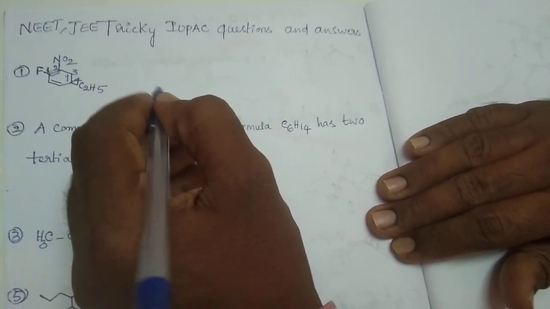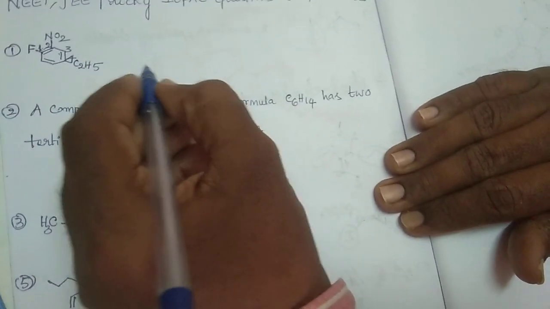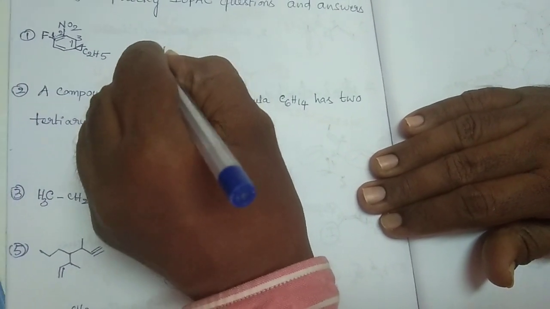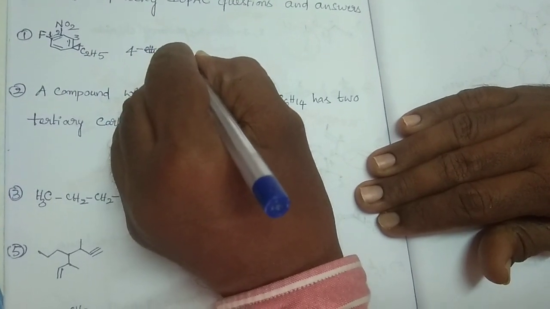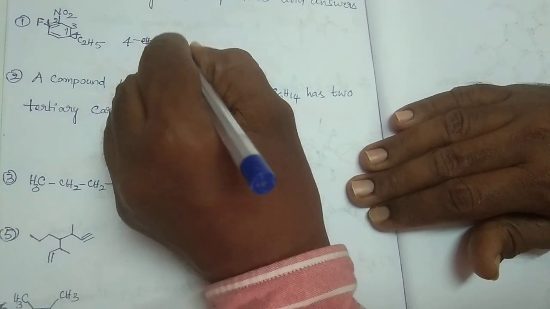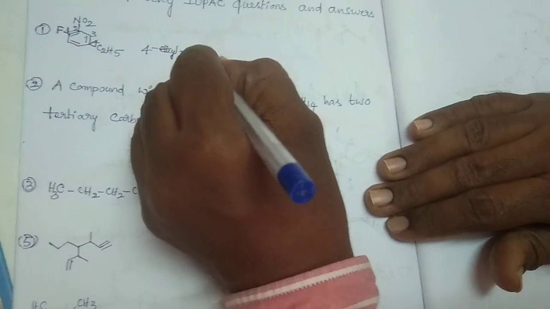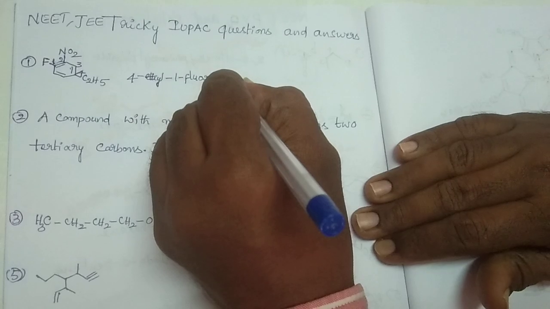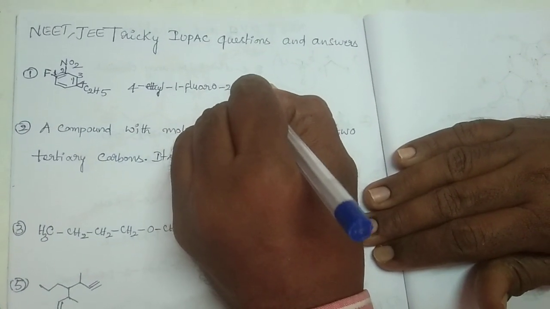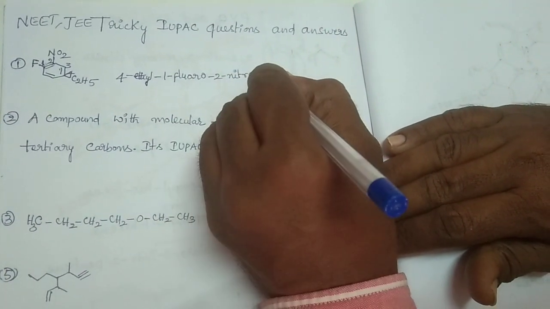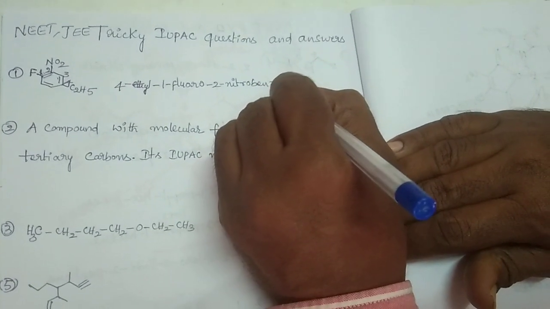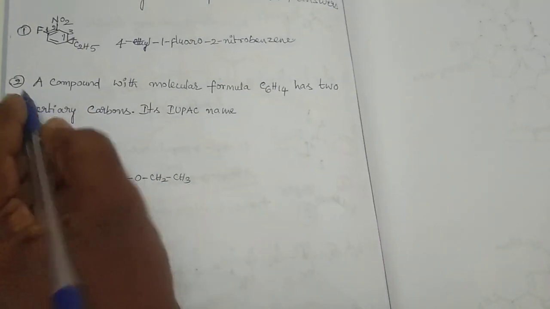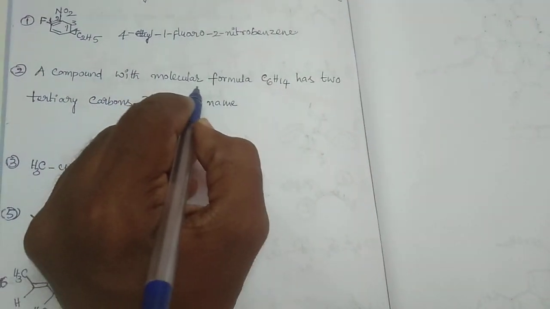So if you write the name in alphabetical order, you can write it as 4 ethyl, 1 fluoro, 2 nitro, benzene. Okay. Next question. A compound with molecular formula